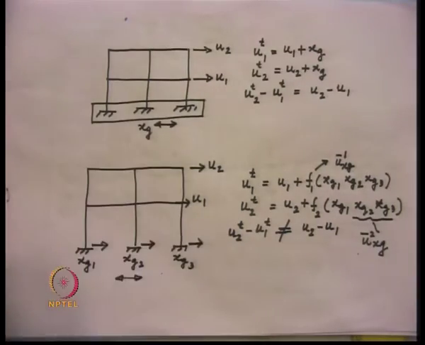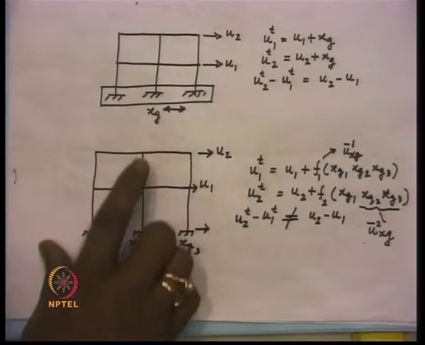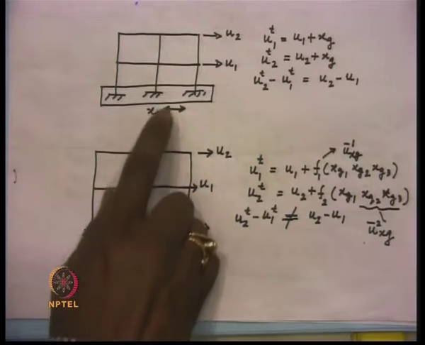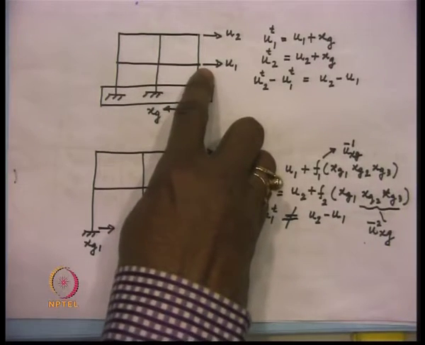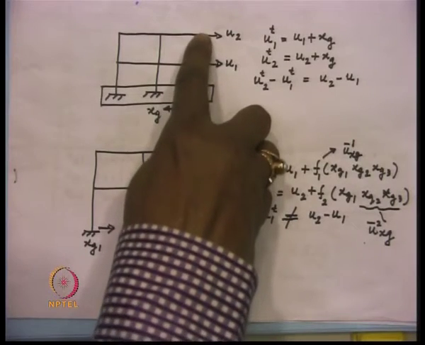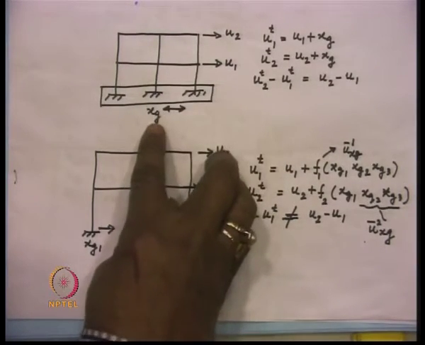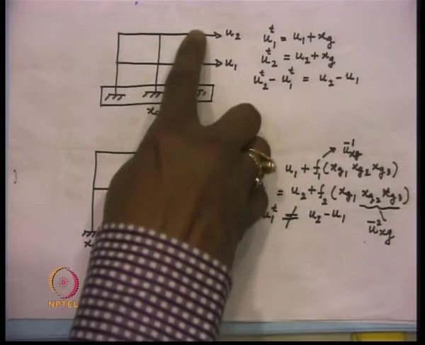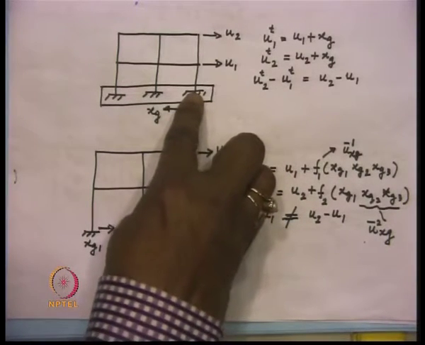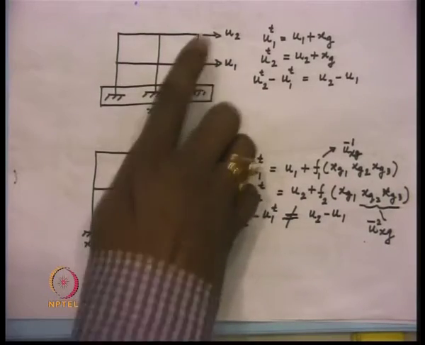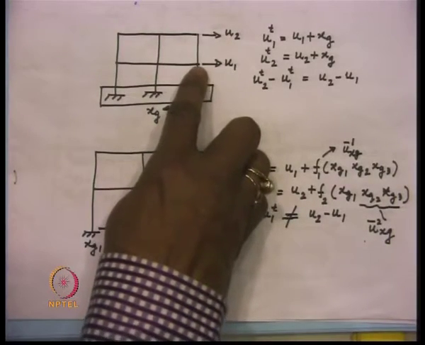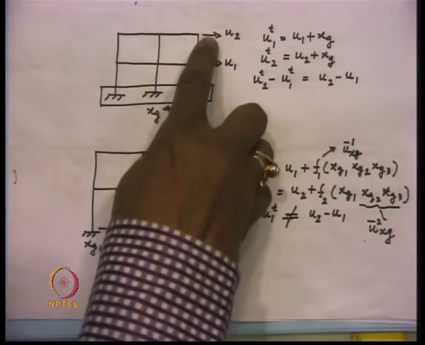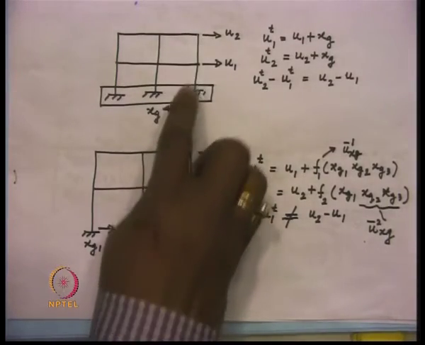In the first figure, all the supports are undergoing the same displacement. As a result of that, the quasi-static displacement at this point and at this point will be same as x g. The relative displacement of these 2 points with respect to the support will be caused by the time varying inertia force, and therefore, at every instant of time t, we will have a relative displacement u1 at this point and u2 at this point. So, the total displacement